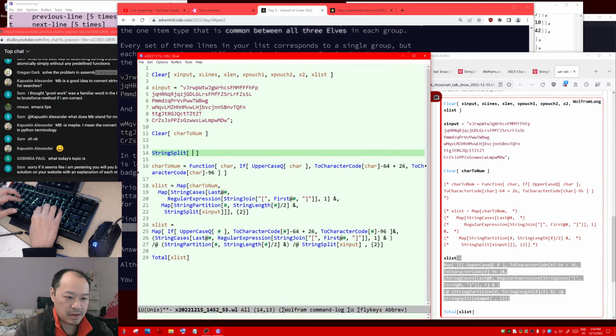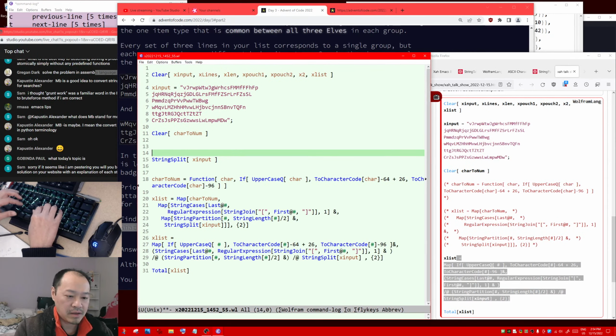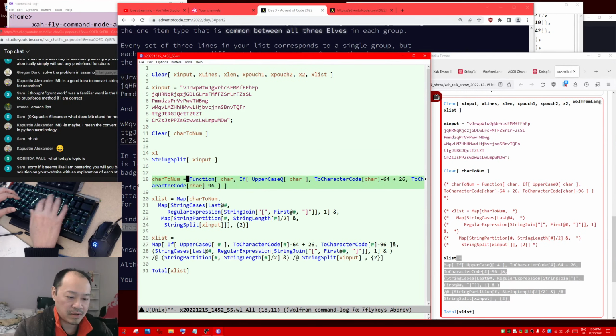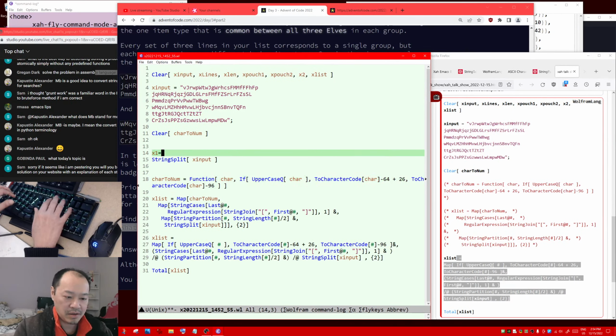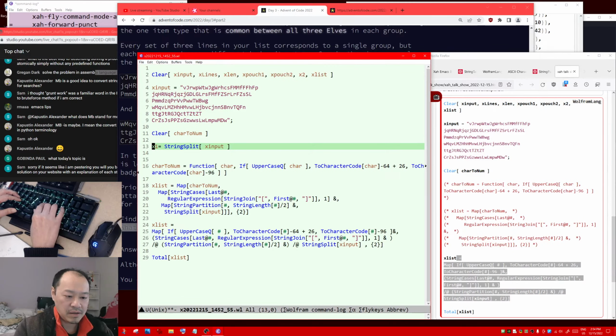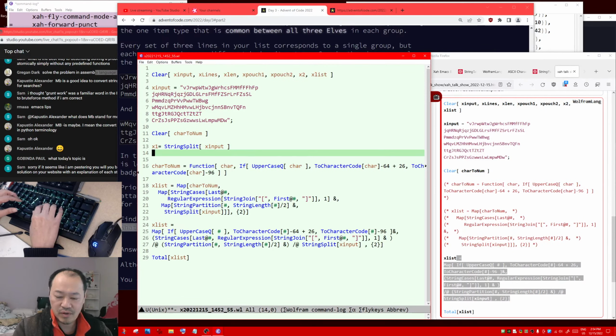String split x input. Let's just define a bunch of variables so it's easier to understand the code. So now you have a list of strings, then you want to partition